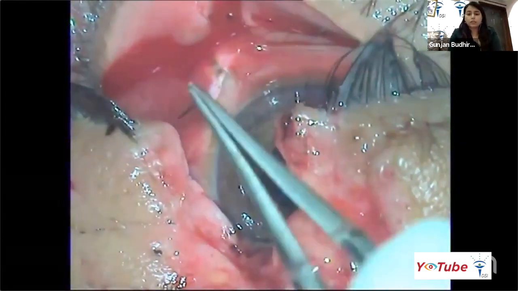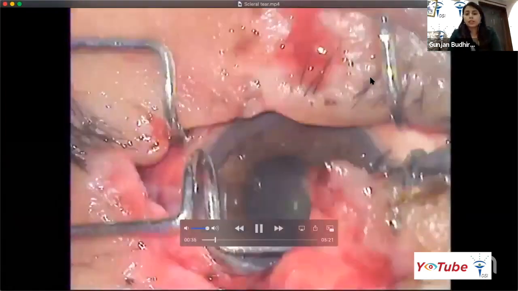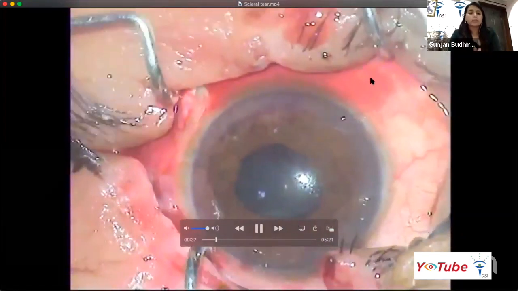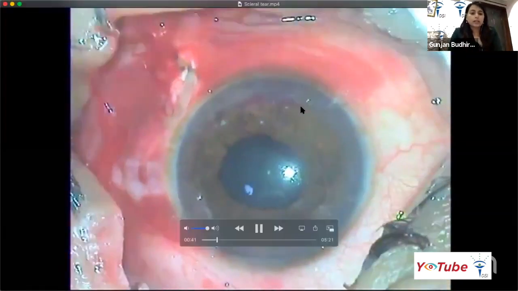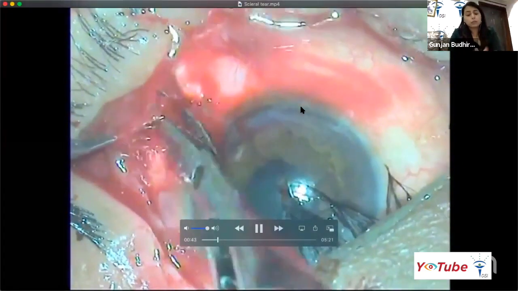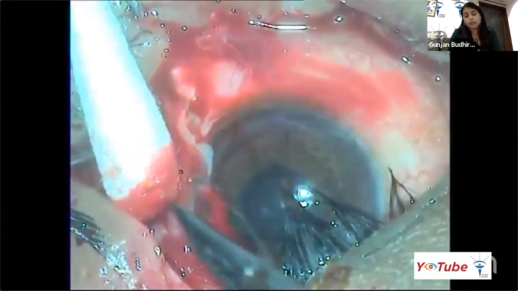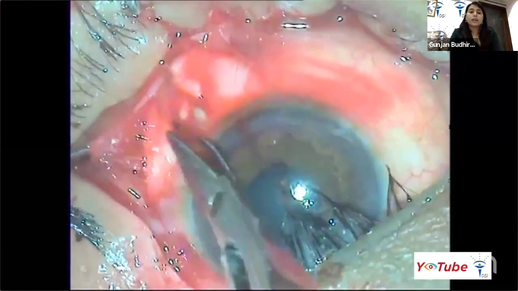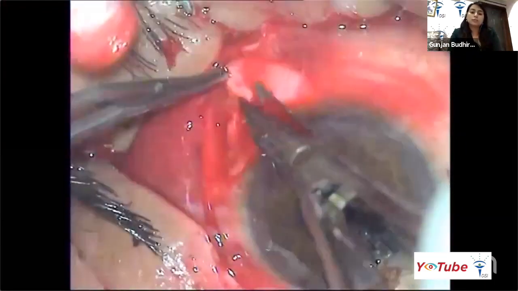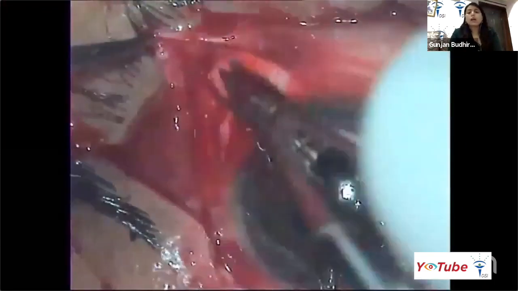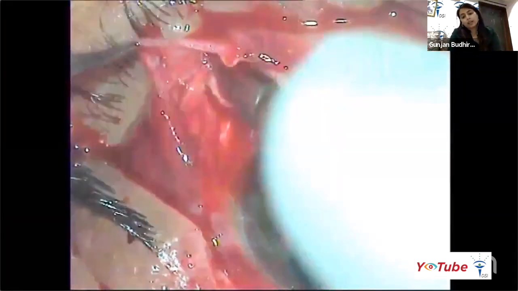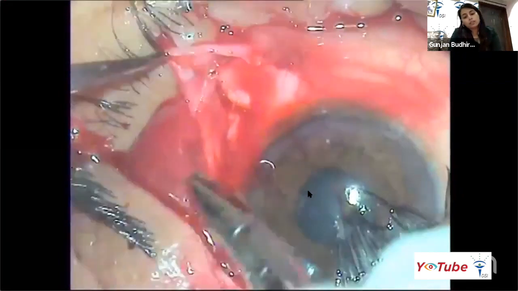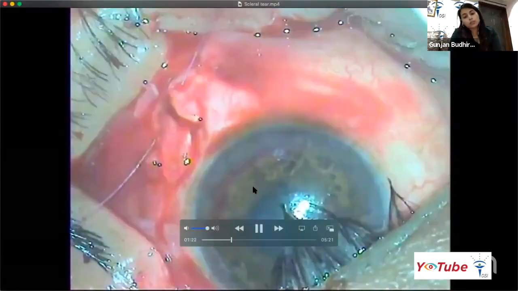So now we are carefully doing the globe exploration and nicely applying the speculum for a full field view. Then we remove the conjunctiva above the tear and see whether we can find any posterior extent of the tear. Here we could locate the posterior extent of the scleral tear, and then we will try to oppose these tissues with the help of sutures.